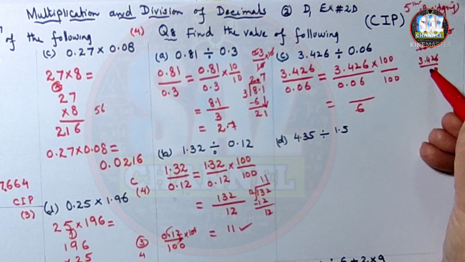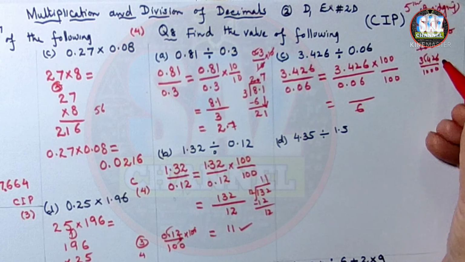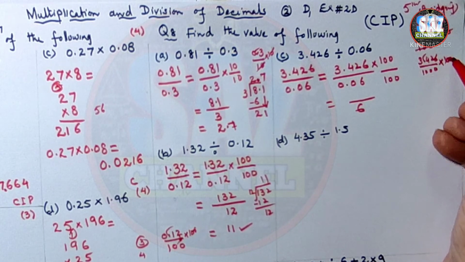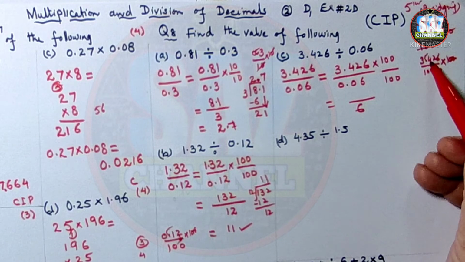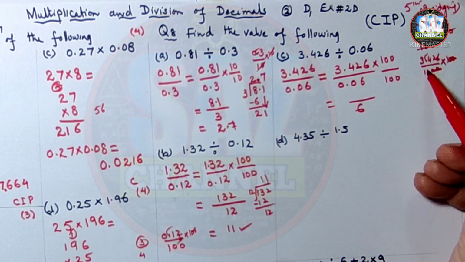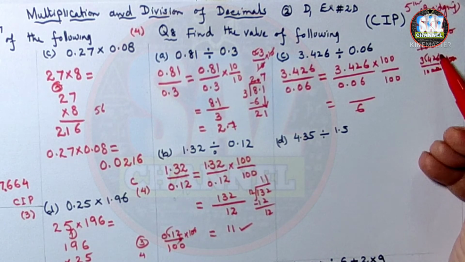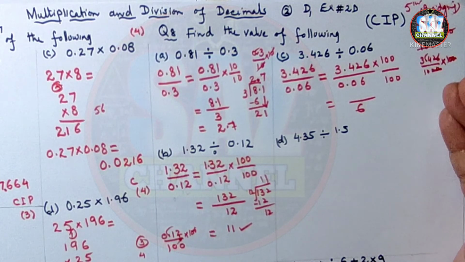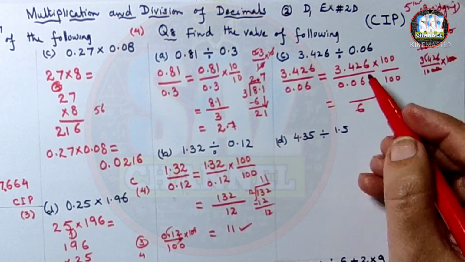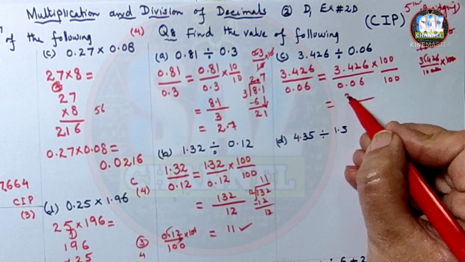3.426 zeros, and now I have to multiply this by 100. 2 zeros are going. 3426 by 10. When I have 1 zero in the denominator, the decimal will come after 1 digit from the right-hand side, and the question will take the form